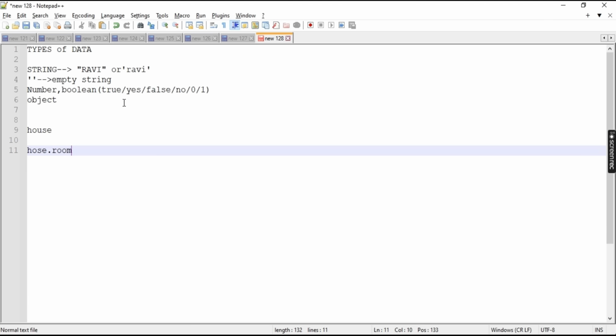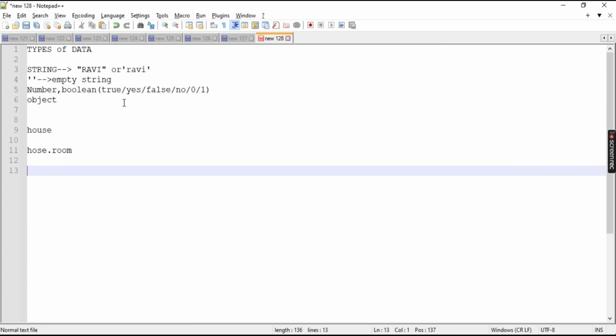So this dot is nothing but we are creating an object called house. Inside the house, we will have a room. Inside the room, we will have sub rooms and so on and so forth. So basically, always remember, object is also called a variable. To create an object, we will use a word called new. New is a keyword. And this will be something like this: variable x equal to new, let's say,